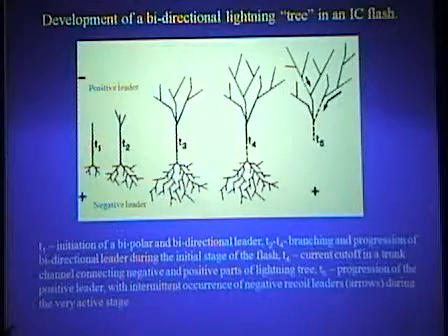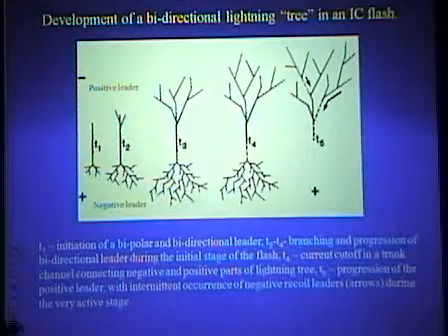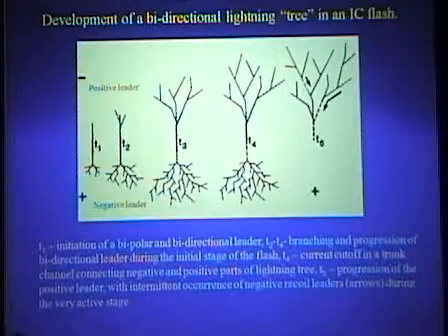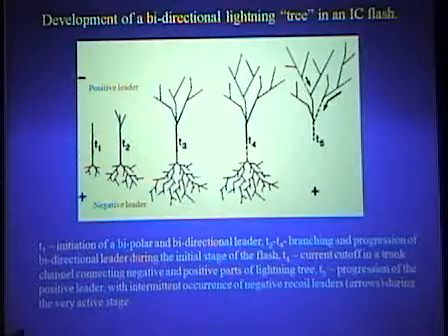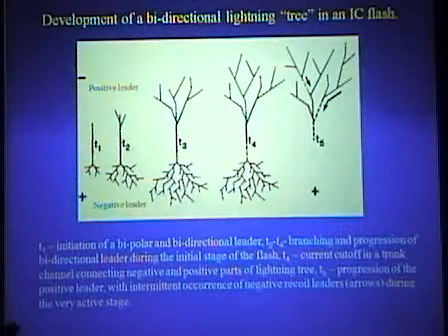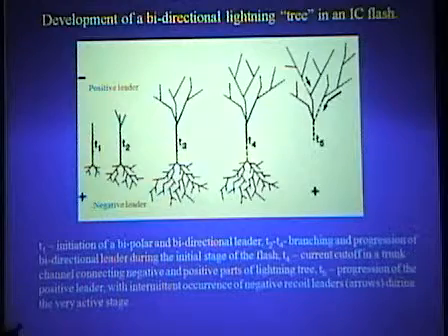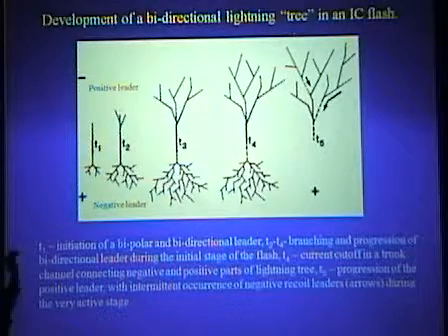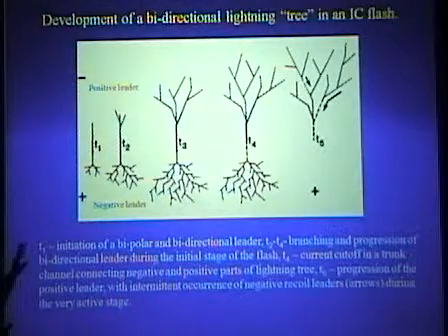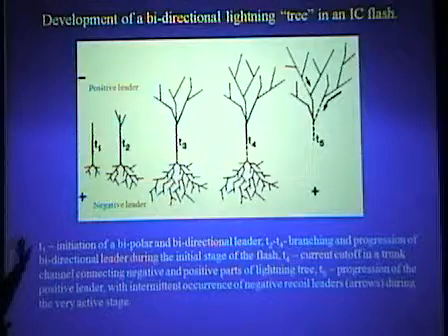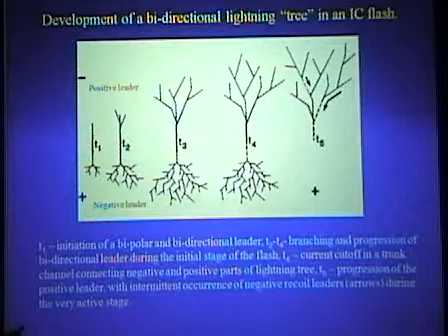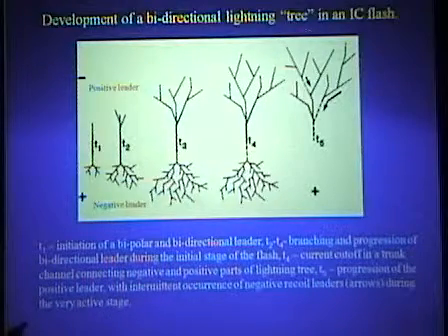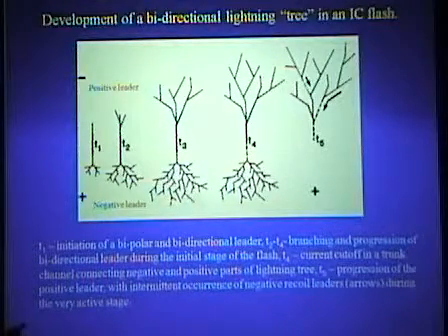But the positive tree still has conditions for propagation. So in this case, instead of this bi-tree, dual tree, we have only one part. And as I mentioned before, if you have conditions for propagation of lightning at the top, it still goes, it doesn't care what happens on the tail. So for a while we still have this upward part of the tree propagating, and then